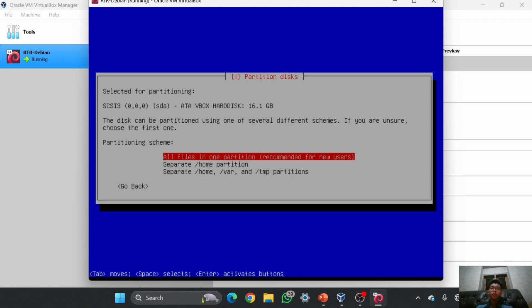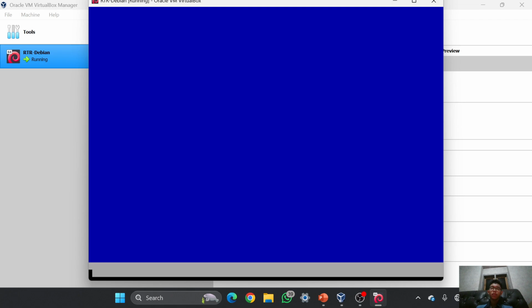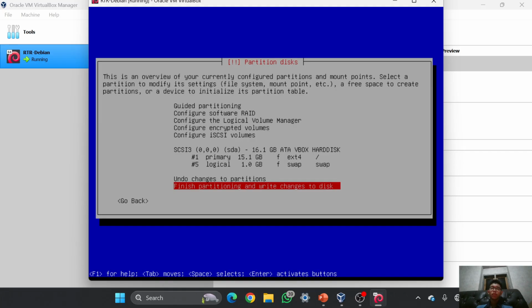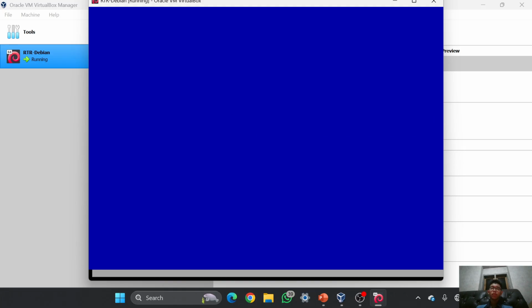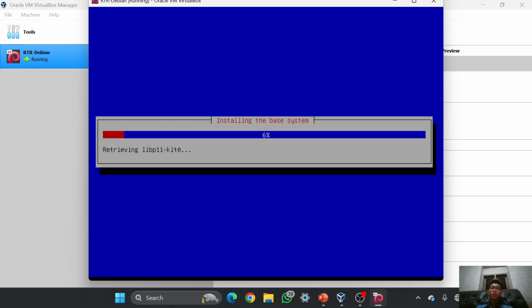I will use all files in one partition, then I will finish, and yes. I think I will just keep it here because it will take so much time, and I will continue after the installation is successful.